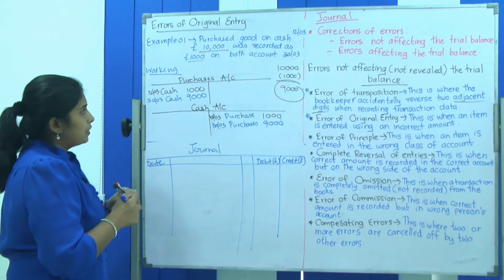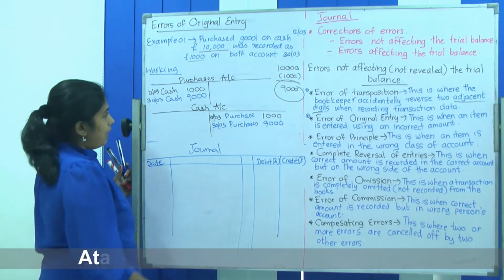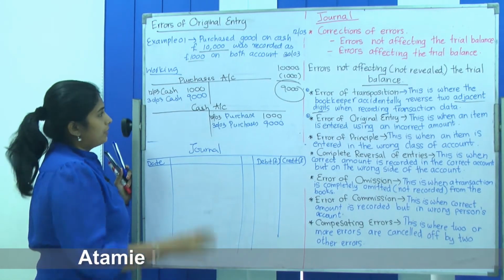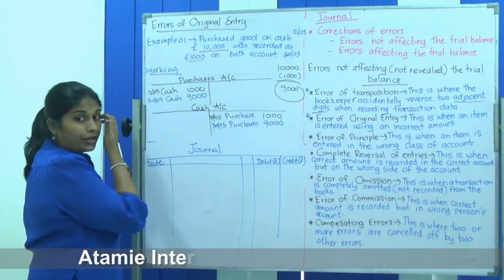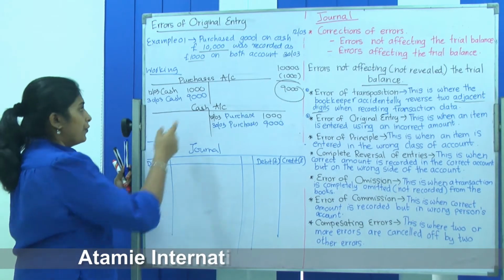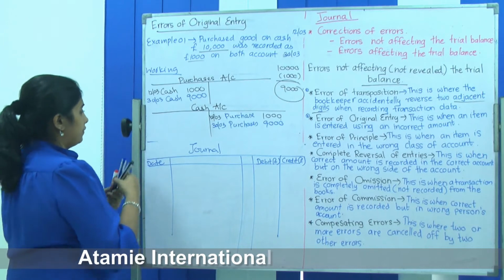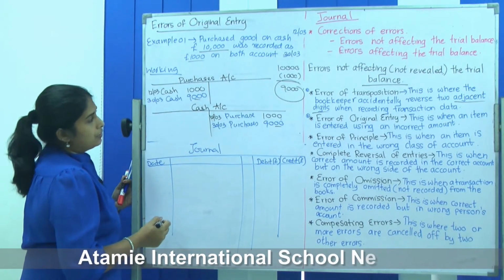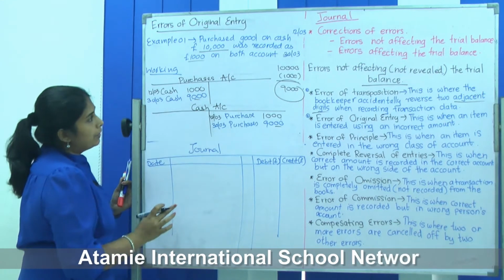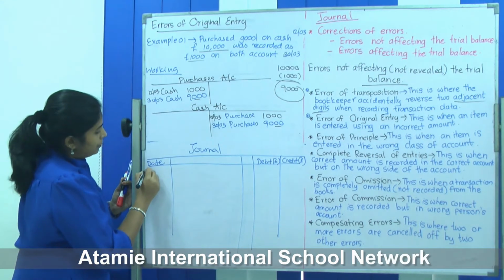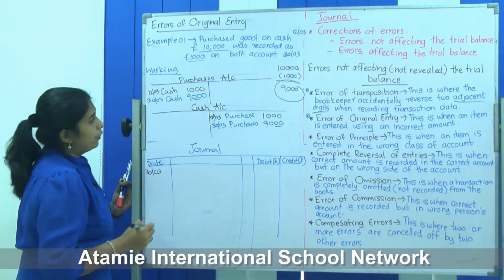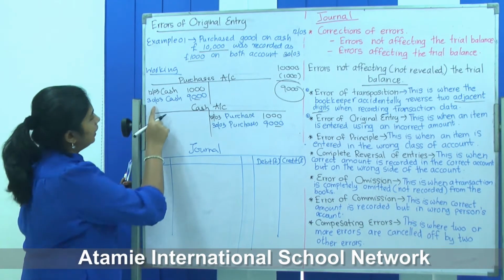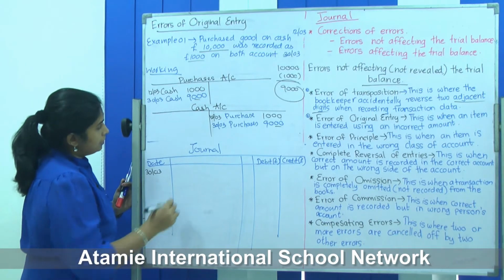So 10,000 purchase that you have done on cash, only 1,000 was recorded. So the balance 9,000 should be recorded to correct the error. So the error correction will be recorded. Only this amount will be recorded in the journal entry because that amount only belongs to the correction of error. So the 30th of March, on that day only they found the error to correct.